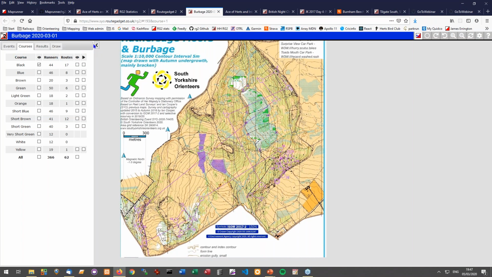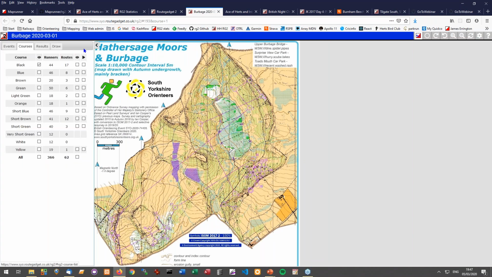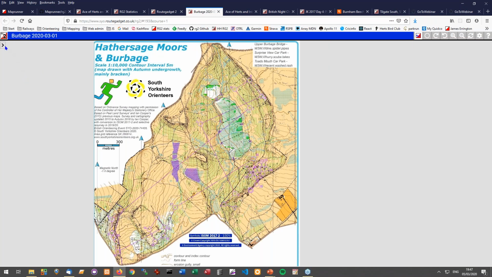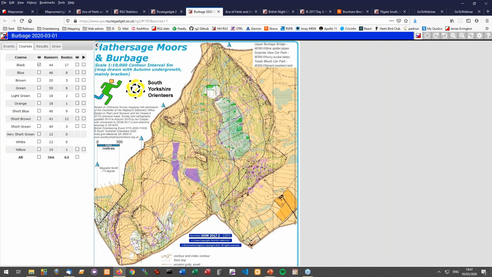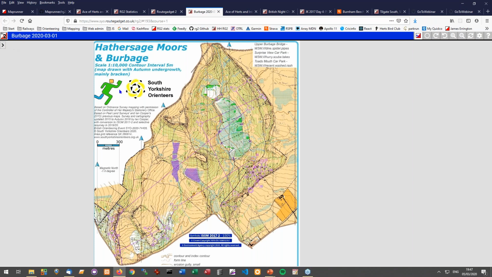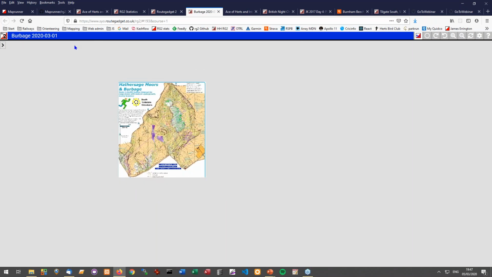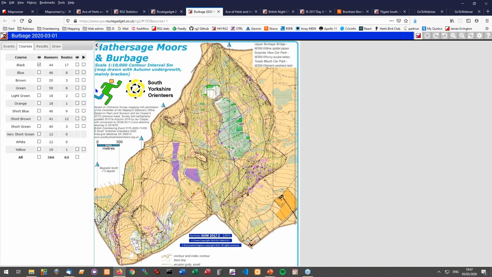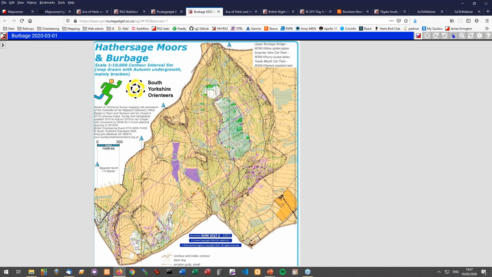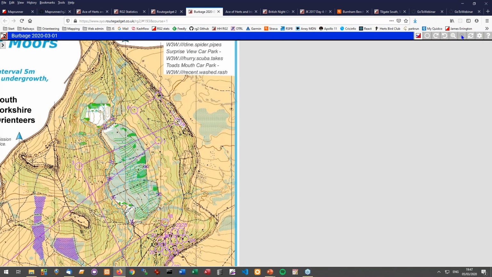One of the things I've not even said: if you've got a small screen, you can hide things with this arrow backwards and forwards. For history reasons, it also works clicking on the Routegadget icon, and that's how you do it on a mobile phone if you can't do it otherwise. What someone had said was that when I do that, the map resizes, and can I stop it, because I spent ages getting it to the size I want.